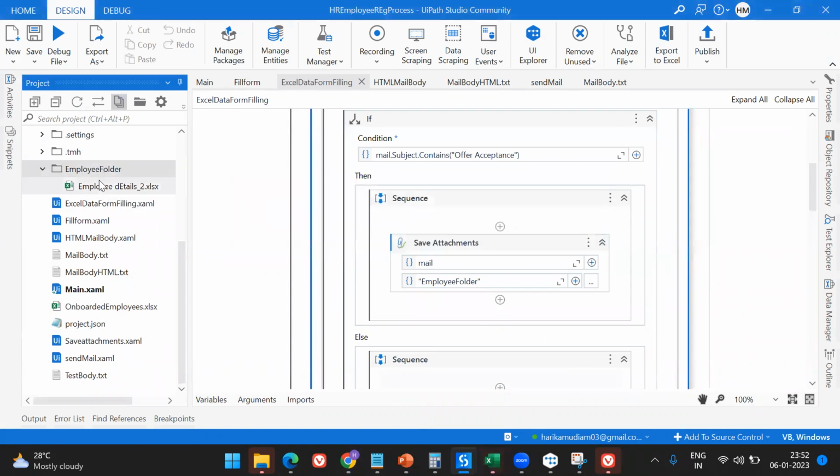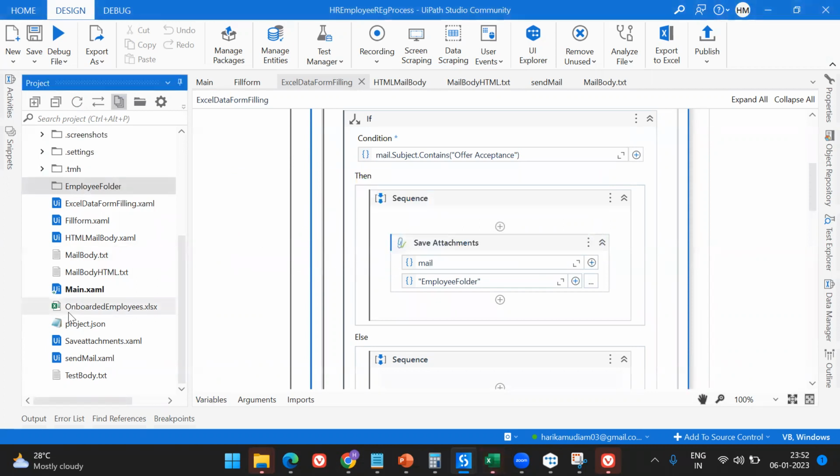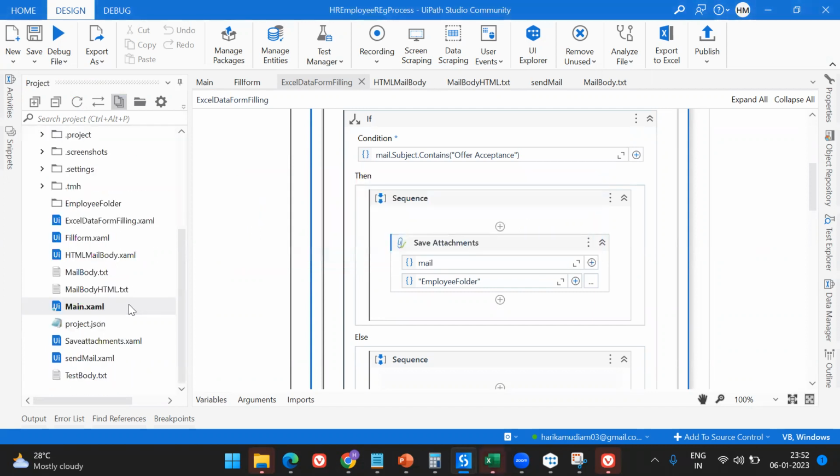Okay, so it's just for integration. If you know it, it's good. Otherwise, you can just check it over here. So this one also I'm going to delete onboarded ones. So once after that's done,